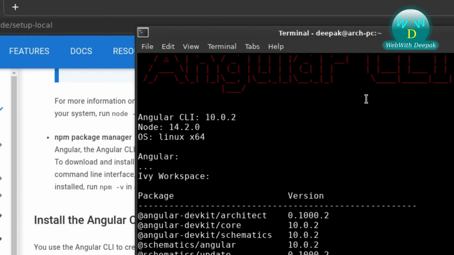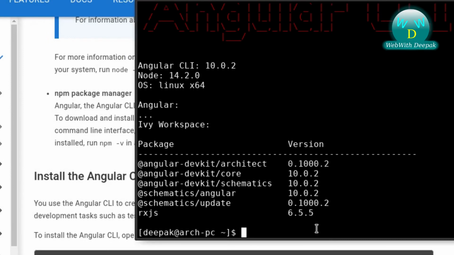Now we can create our first Angular application. To do this, we use the command ng again. And this command is available since we just installed Angular CLI. After that, new will create a new project, and make sure to navigate to where you want this new project.